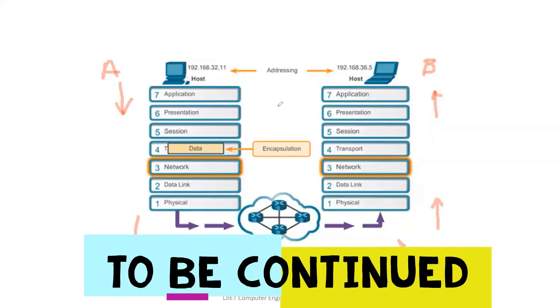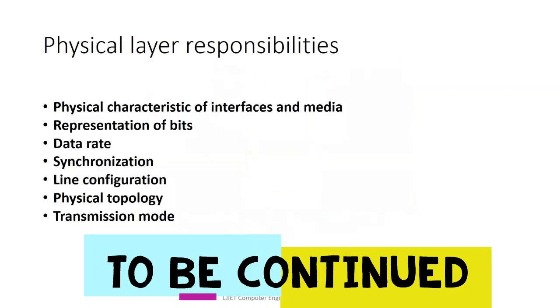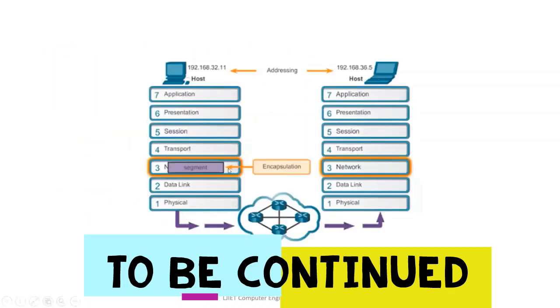Okay, so let's run this. As you can see, the segment is transferred, the packet is converted into a frame, and then in the physical layer bits will flow. At the receiver side, the process